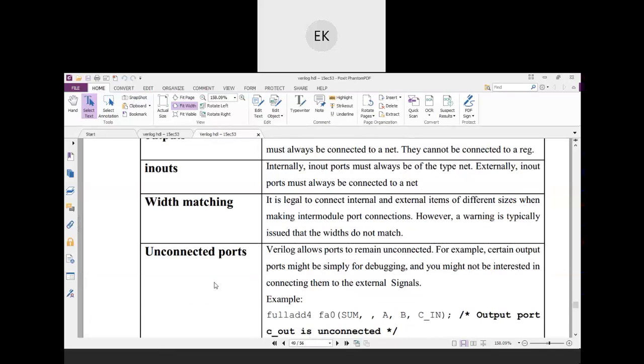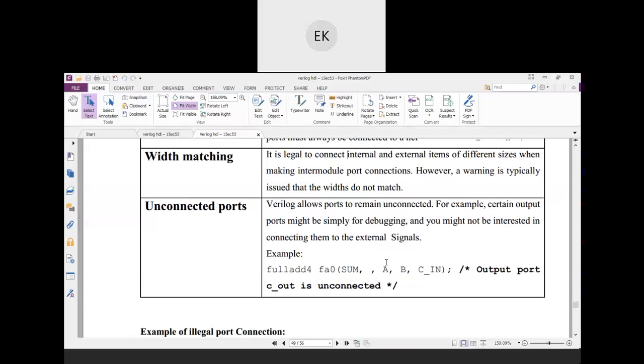Next, unconnected ports. What is the meaning of an unconnected port? Sometimes the output port will be open, else it is floating, I can say. It is unconnected. That is why Verilog allows a port to remain unconnected. For example, a certain output port might be kept for debugging purposes. So sometimes you may not be interested in connecting to them in an external